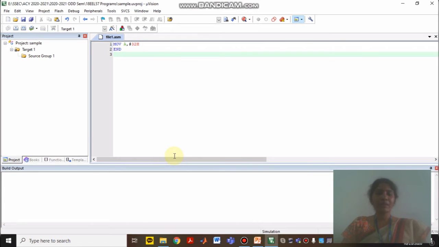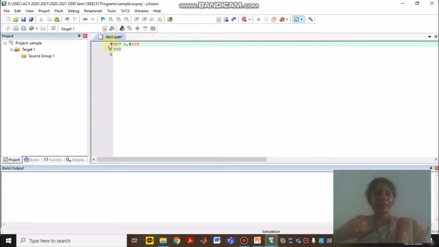Before saving the file, you could see the mnemonics you have written were in complete black color. But once the file is saved, it takes its own colors. If any wrong statement is there, you could see the color of your data transfer instruction is not changed. So this particular file we need to add to the source group.